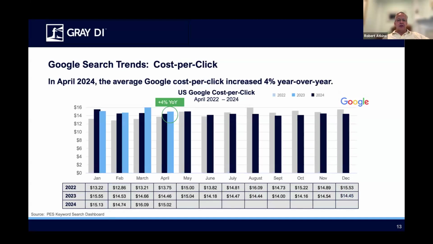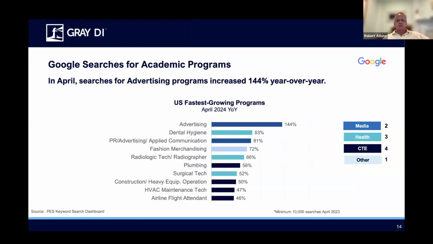Now, there is some bad news here, and that is the cost to acquire those students has gone up. The Google cost per click is up 4% year over year for the month of April. Now let's put that in a little bit of context. Fortunately, we're down off a tied-for-record last month, $16.09 for a single click. And we're back down in the 15 range, which is more normal for this data series. It was a little worrisome when that seemed to be just ticking up steadily. So I think that's coming back under control. And month over month, we're actually down 7%. So again, that's encouraging, but we've got a little inflation here in the Google cost per click.